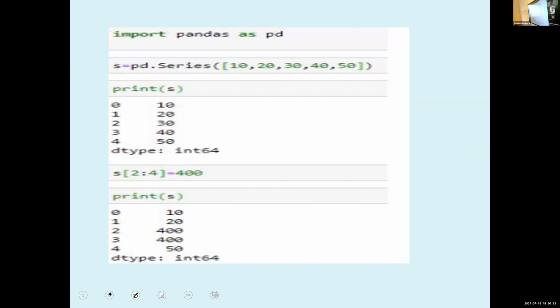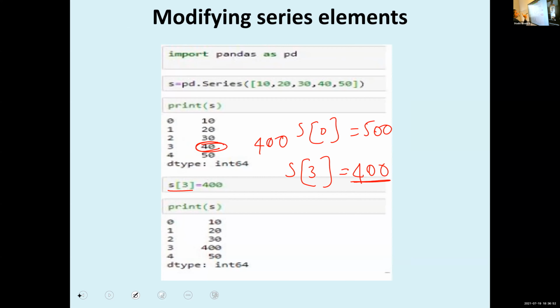Then, if we want to modify a set of values, here I want to modify 30 and 40 with 400. In the previous section, I modified just a single value. I write the single index, S of 0, and give the new value.